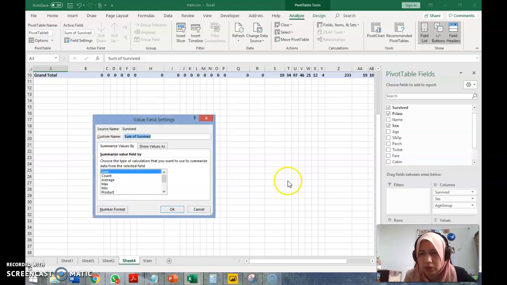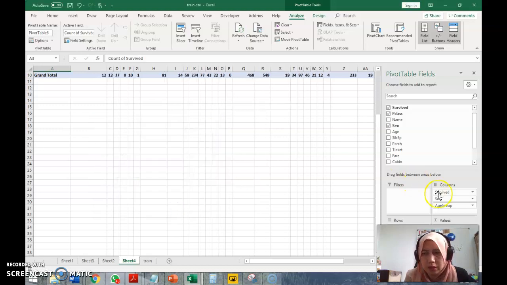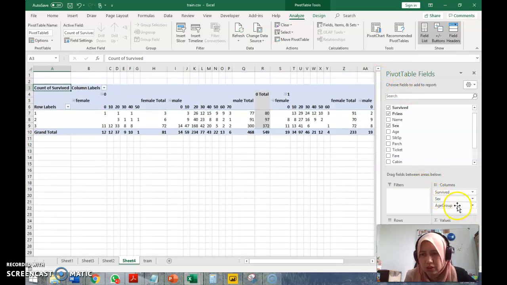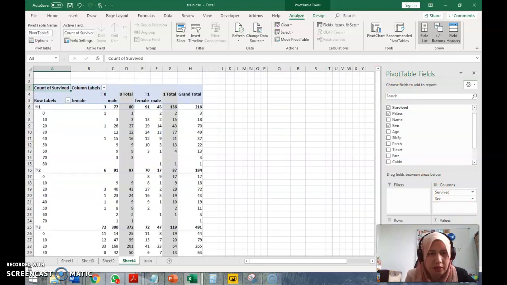Then change this to count. You see, it's not suitable to put each age there as the column because it's messy. So I put column H in the row. So from this, we have further distribution. We have more information here, by each